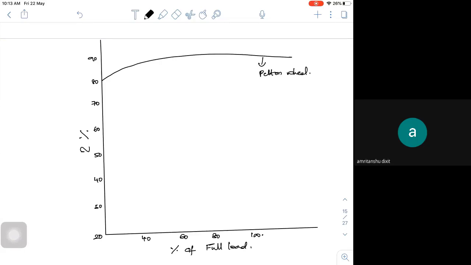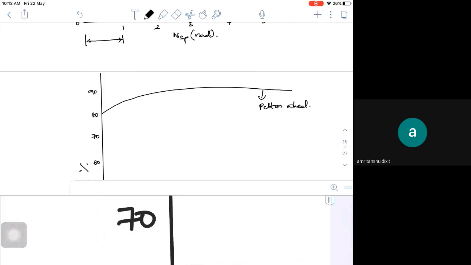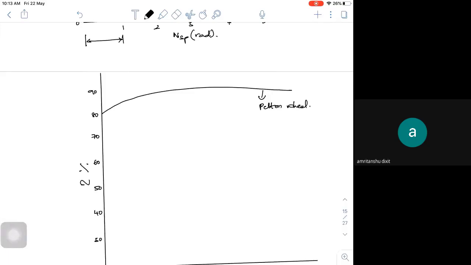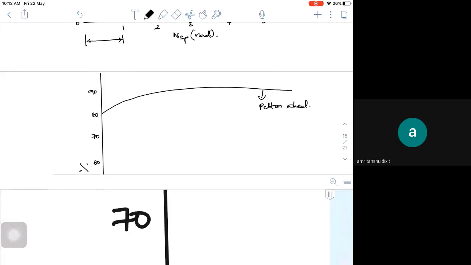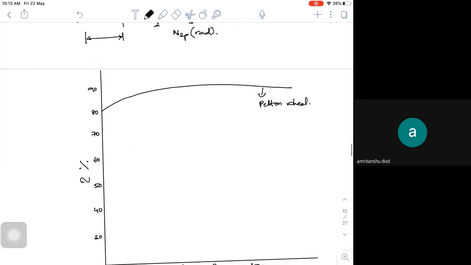That's one thing. But at full load conditions, with large discharges, we have to go for Francis because it can operate from maybe around 60-70% and up to 70-80% of the load. It can peak at around 80% load condition, something like this. This is how your Francis turbine behaves.